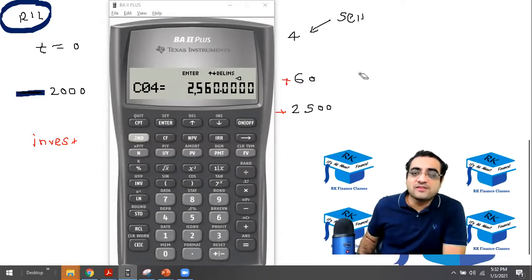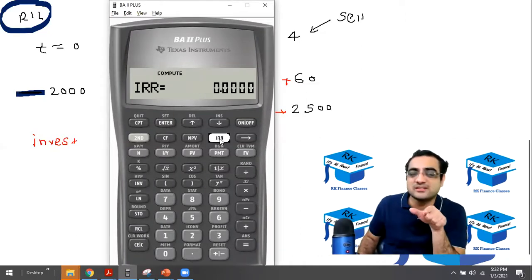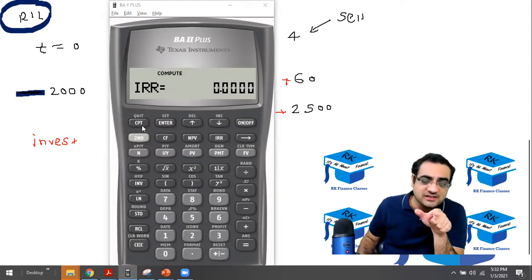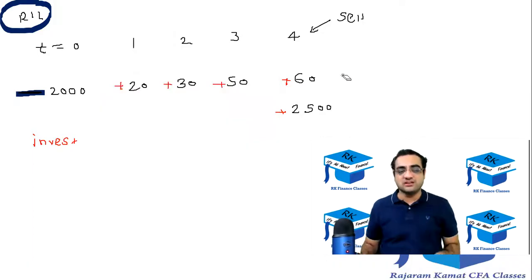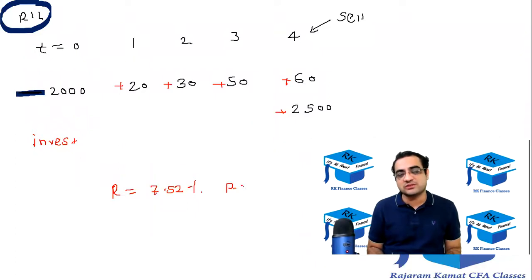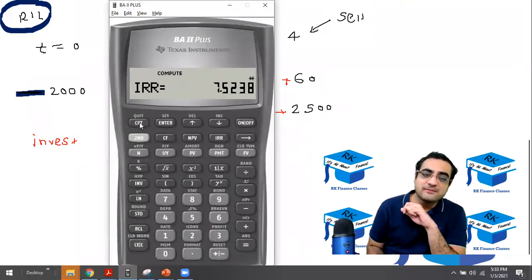All right, good. After this, I think everyone is clear with this. After this, press this button called as IRR. The full form of that is internal rate of return. Press that button IRR. You must be seeing 0 on the calculator. Ignore that 0. You have to press CPT button on the top left corner. That's 7.52%. So the return on the investment of Reliance is 7.52%. It's 7.52% per annum, which we also call CAGR, compounded annual growth rate. I repeat, press IRR and then press compute.